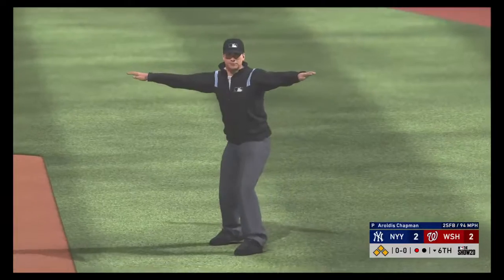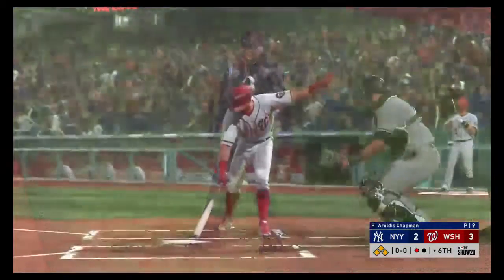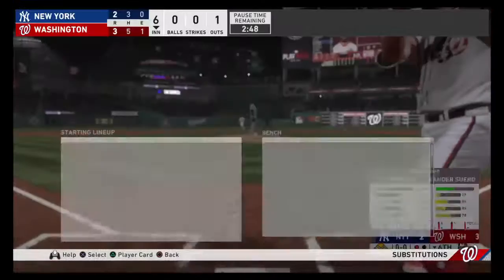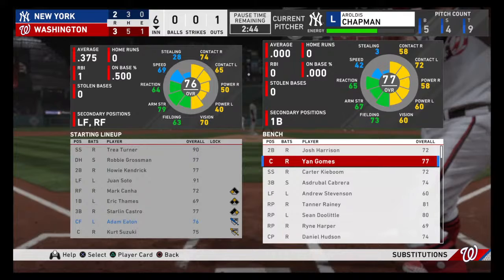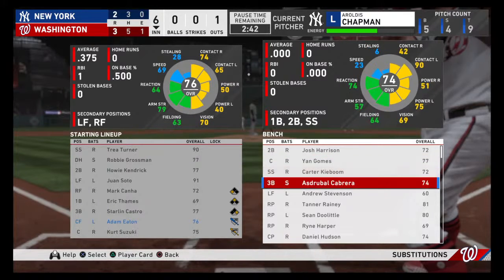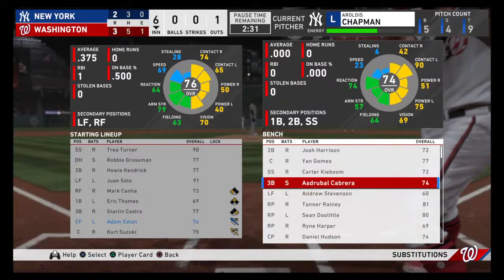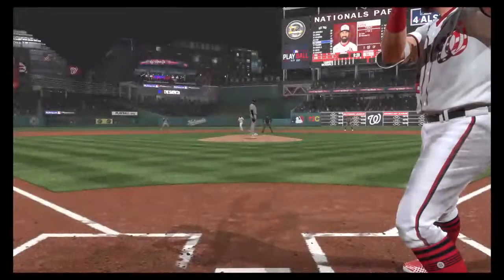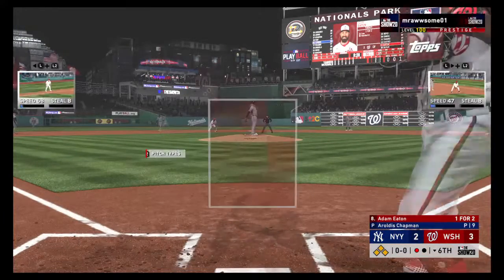Now here's a check swing, and they appeal down to first. No swing, so that's ball 4. At the plate, Adam Eaton. He was retired via the ground ball last time up. Eaton. And obviously a big spot here with the bases loaded, so he'll...